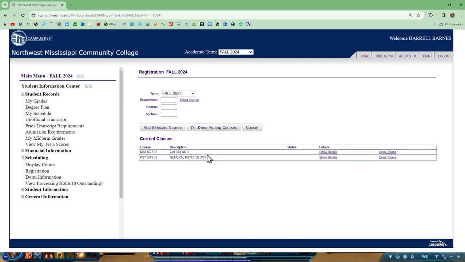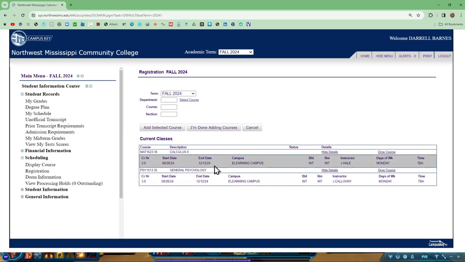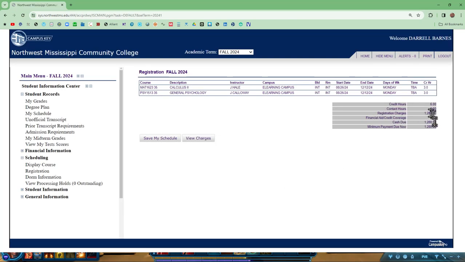I have registered for Calculus 2 and General Psych. They are the fall term. They're internet. I could click I'm done adding courses, and it might be possible to pay for one's bill. At some point over in this area, it does need to be done before a purge happens in the fall. Keep that in mind. And also remember to check with financial aid to see your status. Right now it's showing that I owe $1,280.